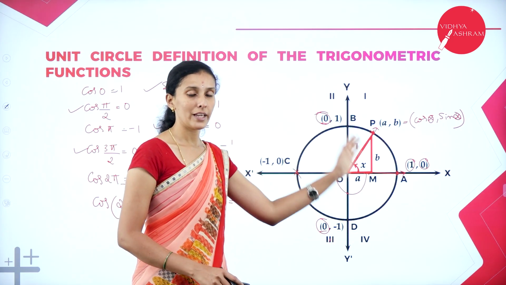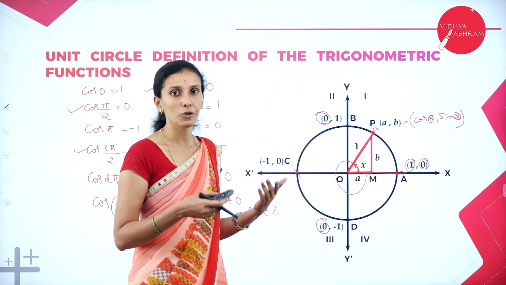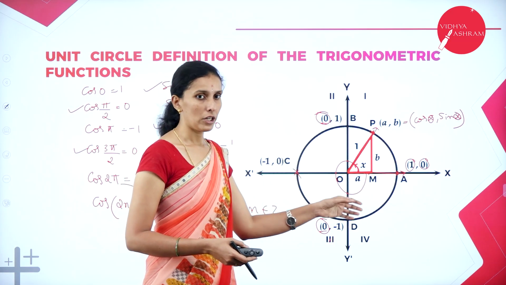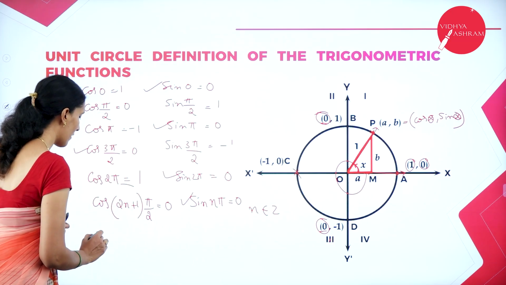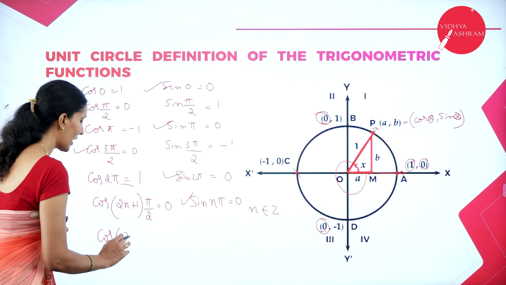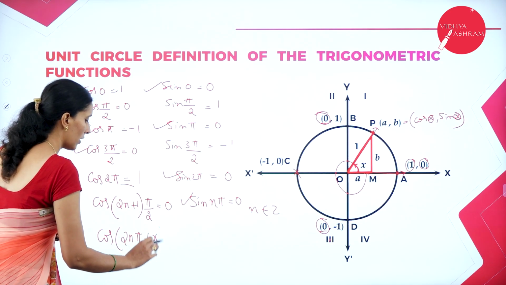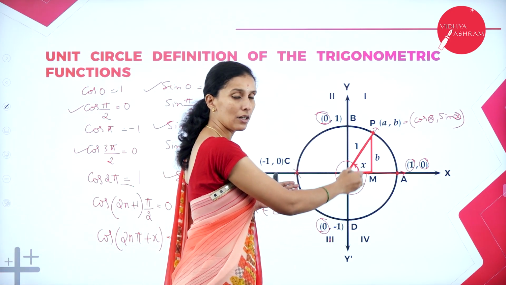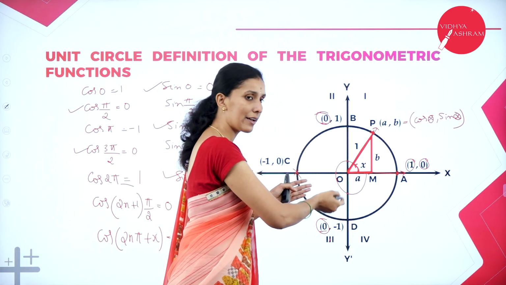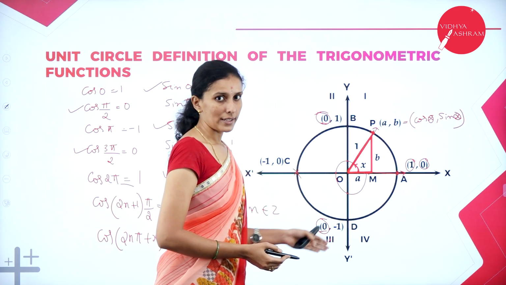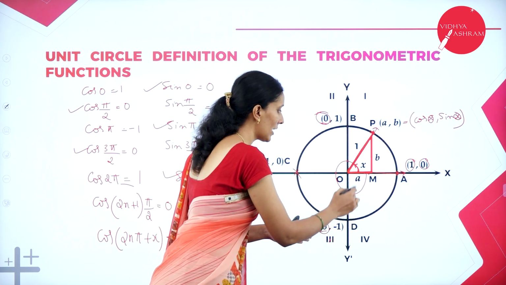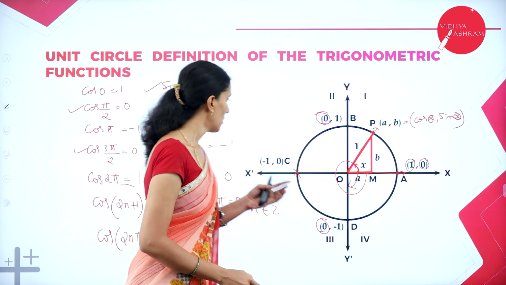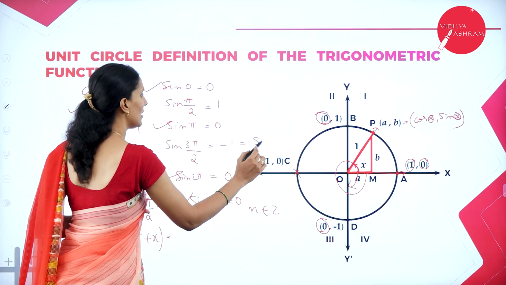One complete revolution is nothing but 2 pi. How many revolutions can we make? 2n pi. If you put n equal to 1, 2, 3, 4, 5, we will get the required number of revolutions. So in general, what I can write is cos of (2n pi plus x). If you want to increase the angle, go in the anti-clockwise direction. If you want to decrease, you can go in the clockwise direction. So this 270 can also be taken as minus 90.